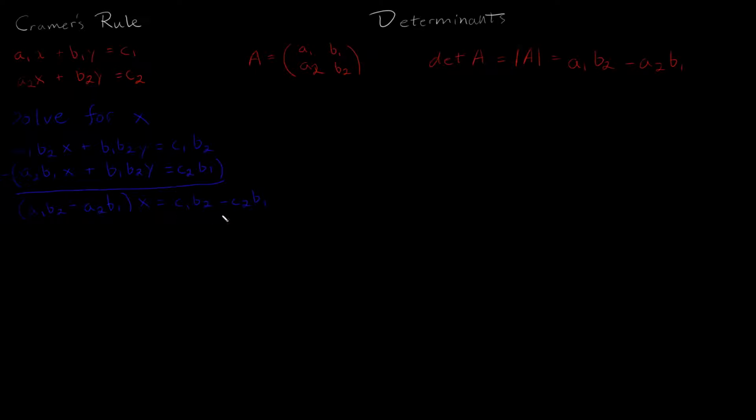Now before we do anything with this, I'm going to also solve for y. And to do that, we're going to do the same thing we did for x, or rather for y, but with x this time. So we want to have the coefficient of x be a1 a2 x. So we have to multiply the first equation by a2. So plus a2 b1 y is equal to